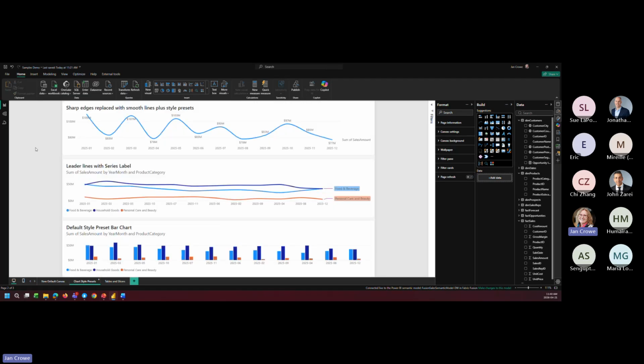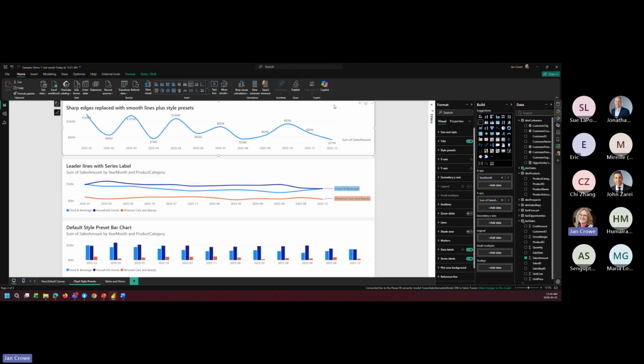The chart style. So in the charts, if you created a chart in an existing report before the update, you're not going to get some of the style presets. It doesn't mean you can't modify your settings to get them. It just means it's not as easy to get them. In this particular case, I'm demoing the smooth lines. And in a style preset, I can just switch that to